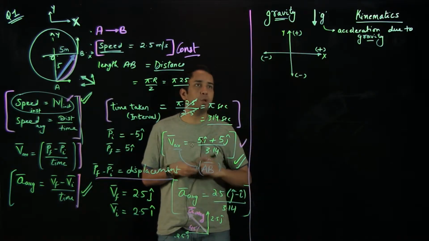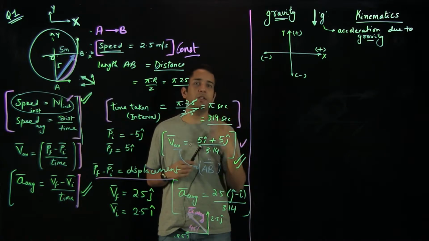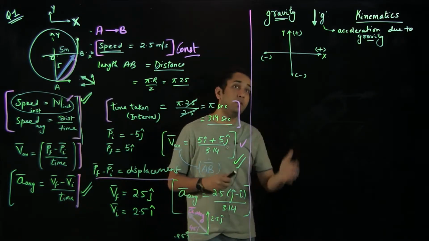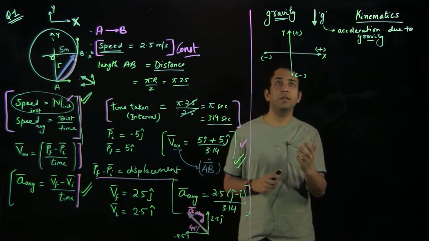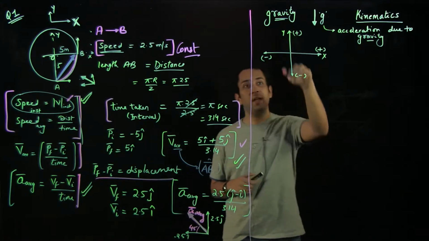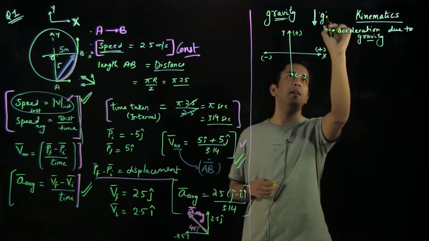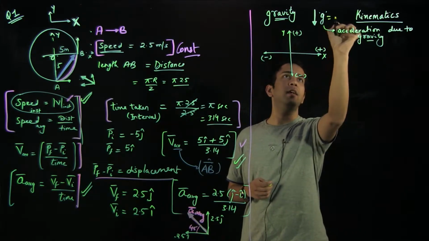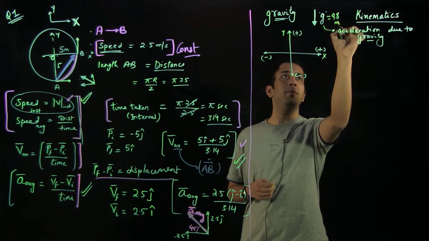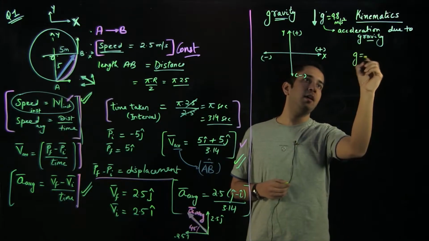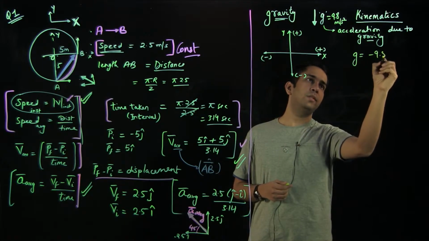Let's say if I am throwing anything in the upward direction, then the velocity direction would be up, and I would be saying that the velocity is positive because it's moving in the upward direction. Because the gravity is acting downwards, the value of the gravitational acceleration is 9.8 meter per second square. So I generally consider g to be negative.